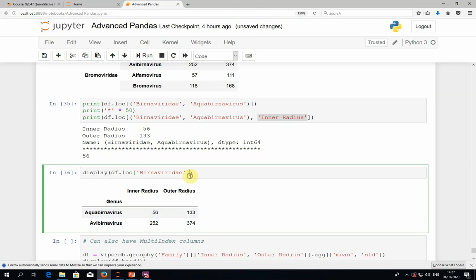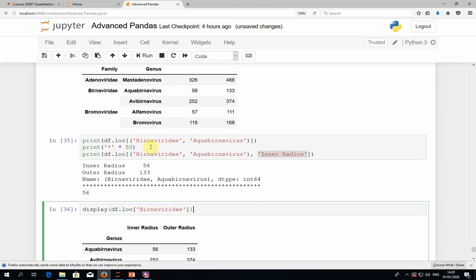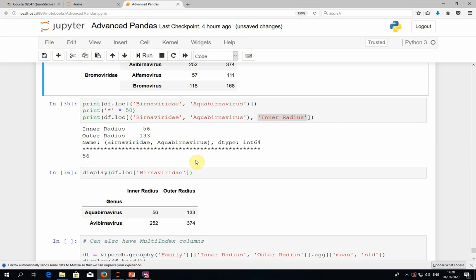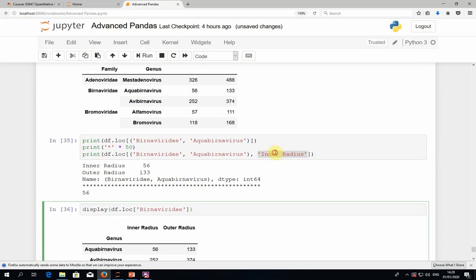Okay, can you do it by the genus only? No, not that I know of. Maybe there is a way to access the genus, but not using this syntax. Because if you use this syntax, if you just give one value and not a tuple of values, then Pandas will assume it refers to the first of the two indices. But yeah, it's actually a good question. I suspect there is a way to do that, but I don't know how to do that. But it seems it makes sense. There would be a way. But anyway,